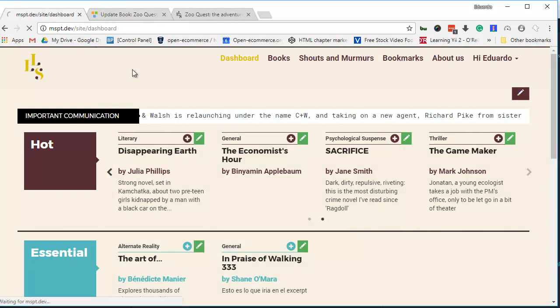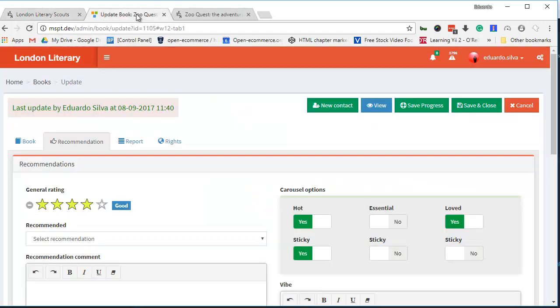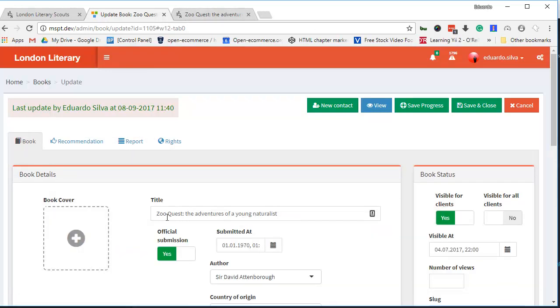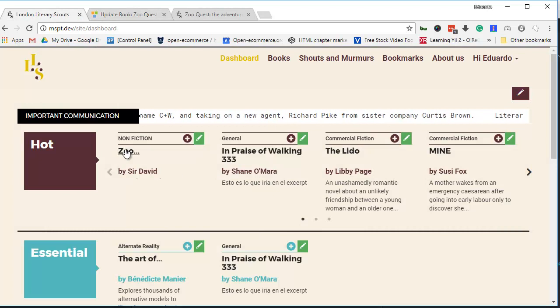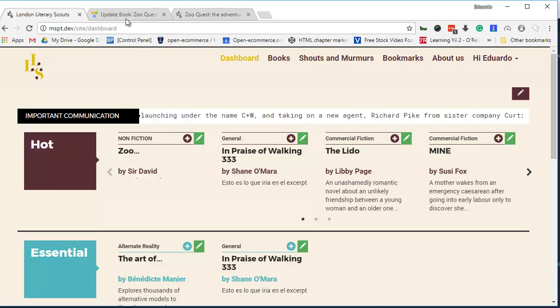I'm going to refresh in Windows with Control F5, or you can do Command and click Reload in Safari on Mac. And now we have this book. I don't even remember which one this book was. So Quest. Let me have a look. Yes, So Quest. You see that it comes first. It's because it's sticky. So it's going to bring the sticky ones first, and then the rest in chronological order. Okay, so that's about